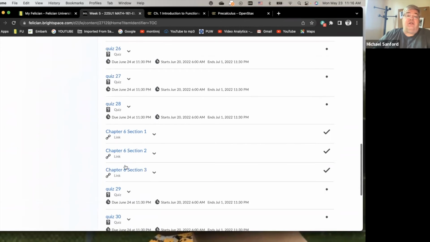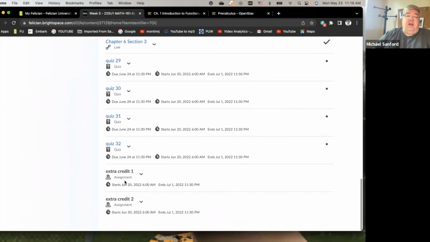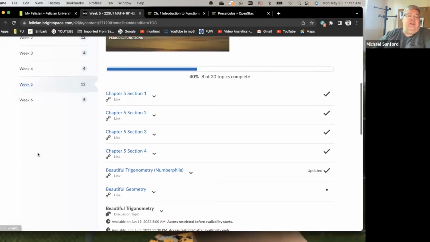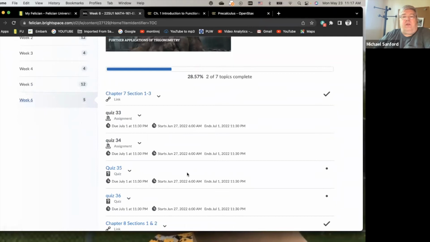Chapter 6 is graphing. And there are 2 big extra credit assignments. The first one is kind of tricky. The second one is a little easier. It really doesn't take trig to do the second one. It really takes quadratic equation stuff, but it involves a little stuff with angles, so that's why I stuck it in that one. And then the 6th week will be